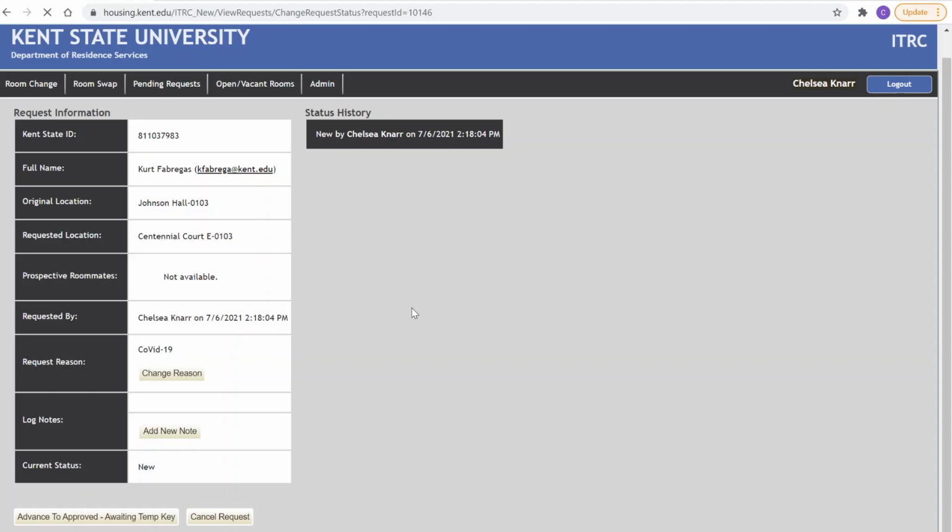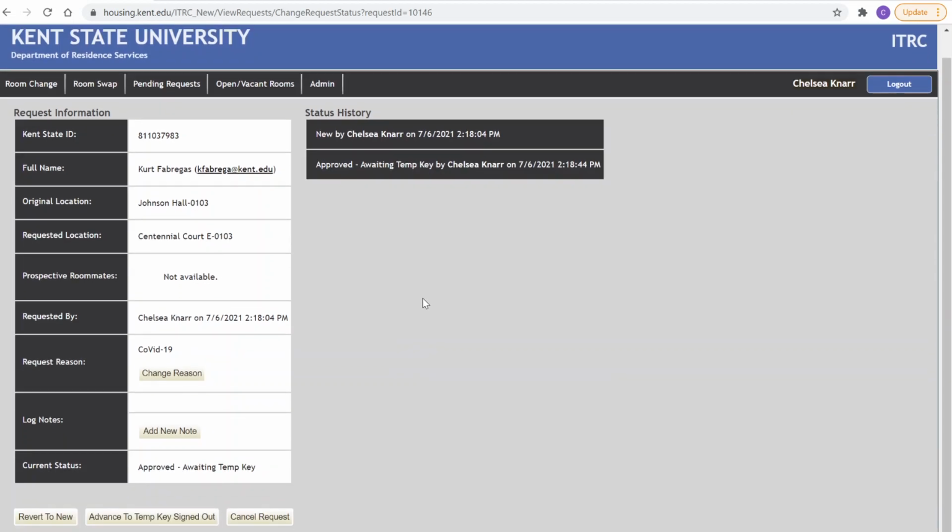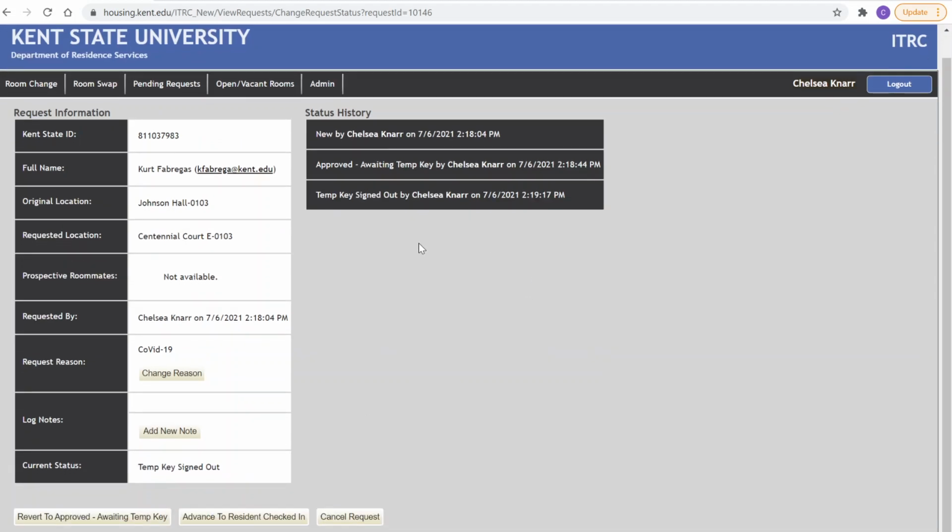We're going to click that. I call this kind of the 2-click method here. You can see a status history is going to be helpful. So here I am submitting this room change, done. I approved the temp key, done. And I'm going to sign out that temp key. If you're familiar with desk operations, this is when a student would come to the area desk and sign out a temp key. And then from there, that's the key that they would use, right? So that key is on and activated. And so this right here, advanced to temp key signed out, activates that flashcard,